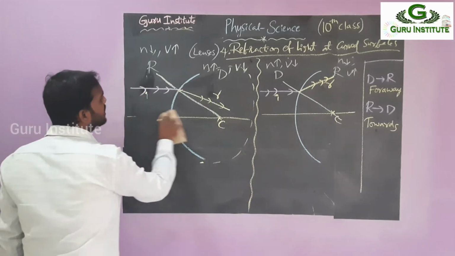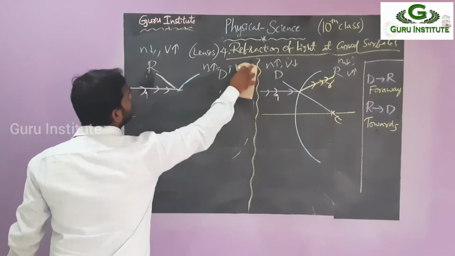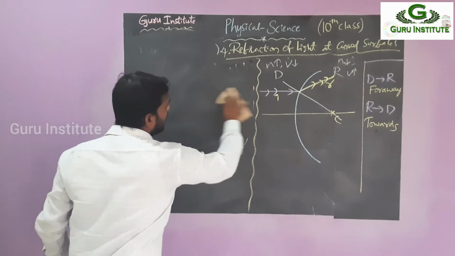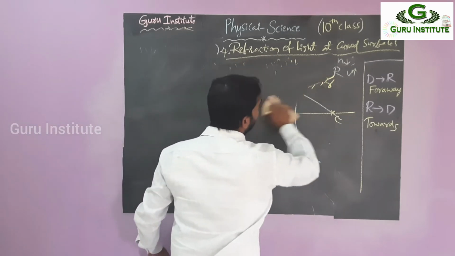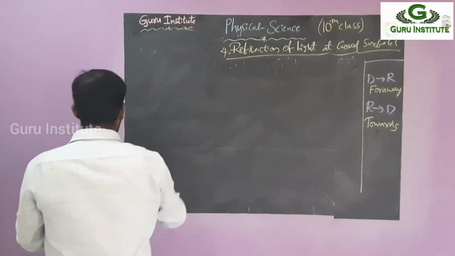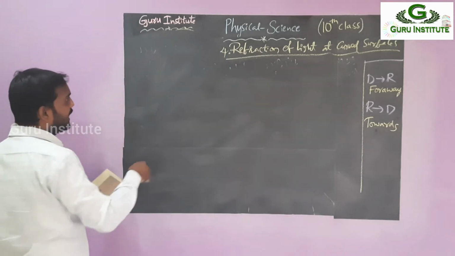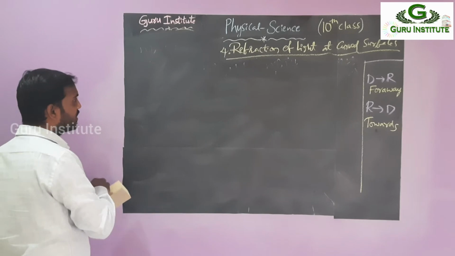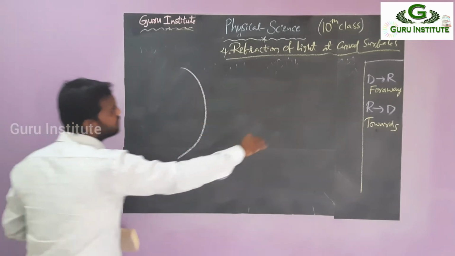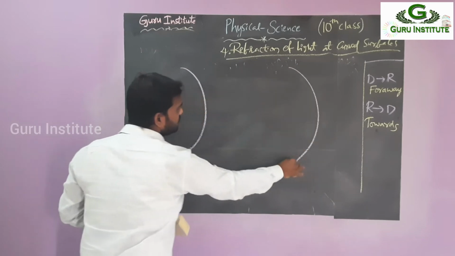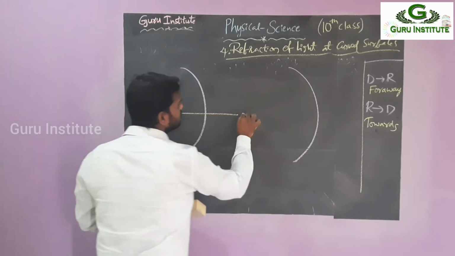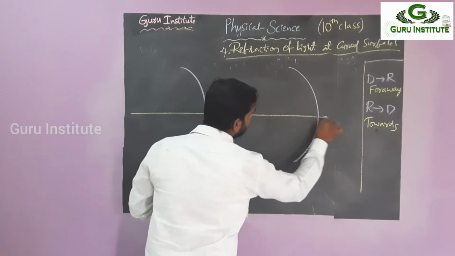So now, same to same, we have to observe this for a concave shape. For which one? Concave. How does it look? That also depends on the same rarer to denser and denser to rarer. Okay. Concave. What is the shape of concave? This side. Same picture, we have to take vice versa. Again take the principal axis. Common.